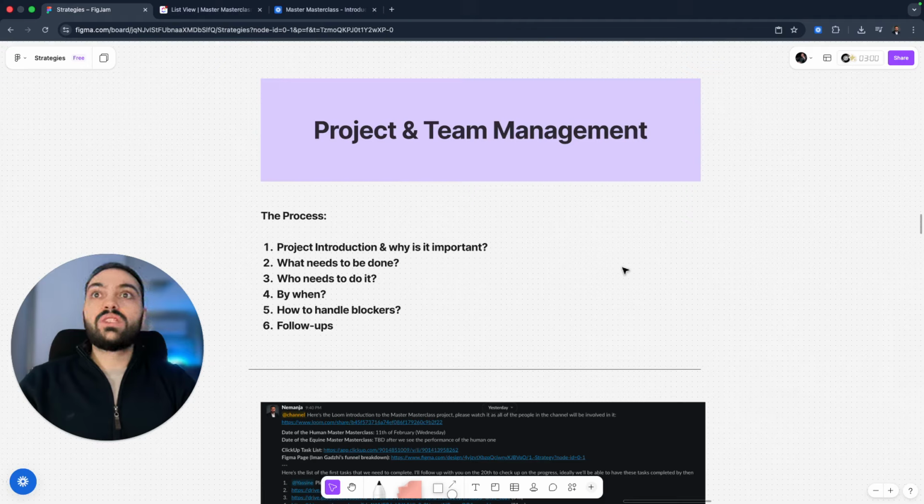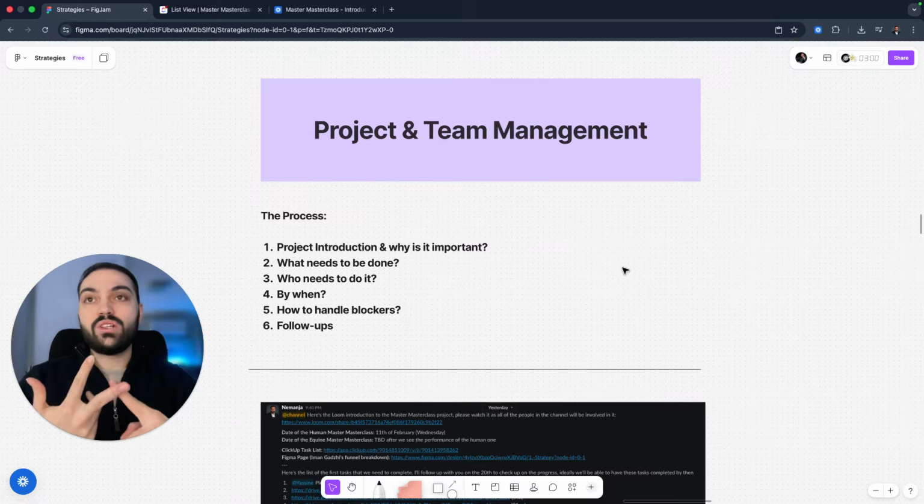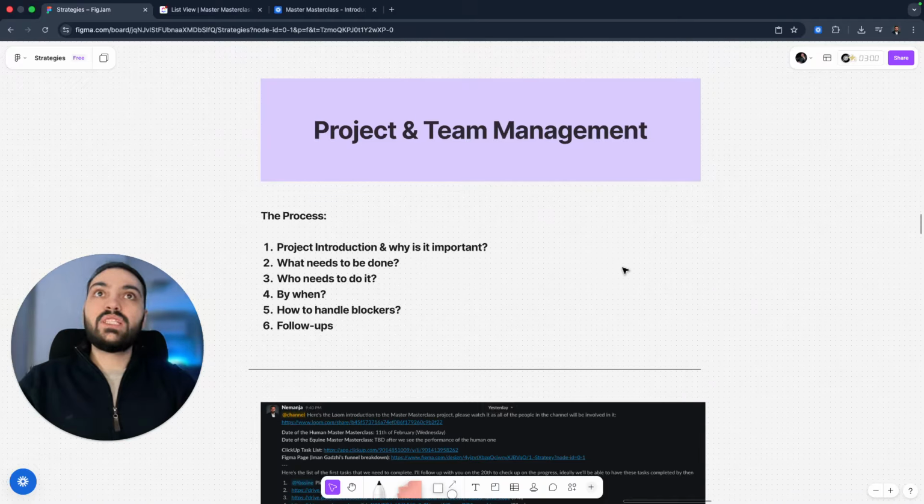Once you have a good team in place, people who are proactive and doing what you both agreed on, once they know what their tasks are, how to complete them, and what the deadlines are, it's very easy for you to stay on track, deliver on time, and make sure that all of the team members are not overwhelmed with work. Lots of project and team managers throw a lot of tasks at their employees without understanding how much time they need to complete them. So it's very good to have